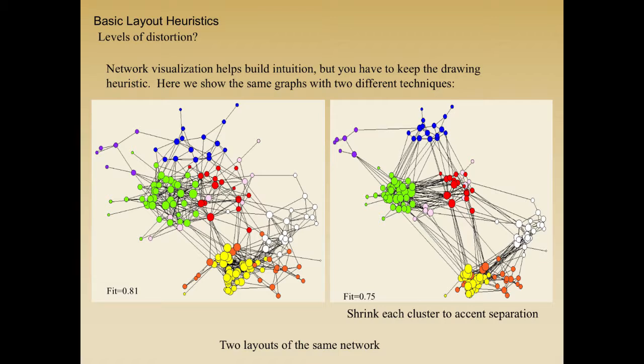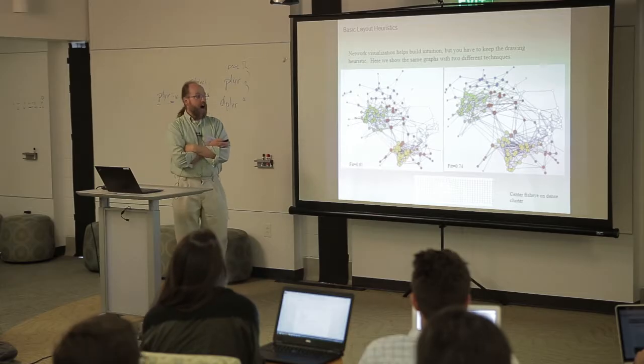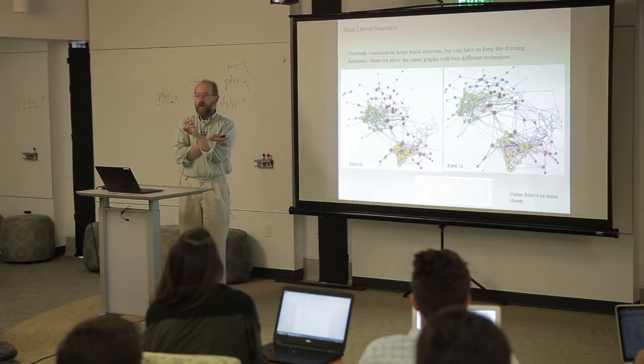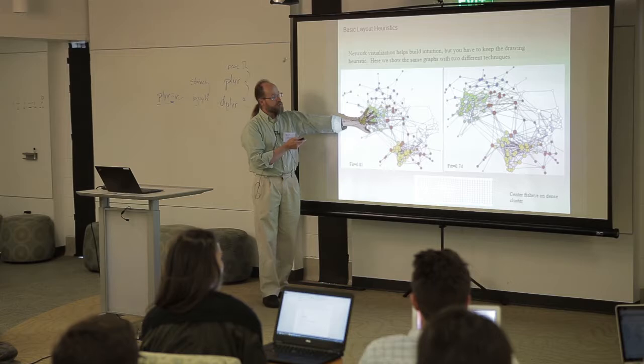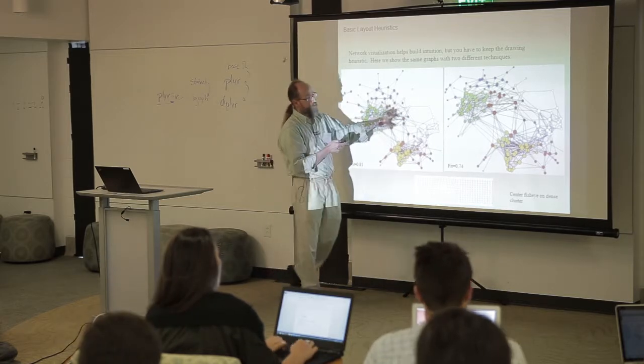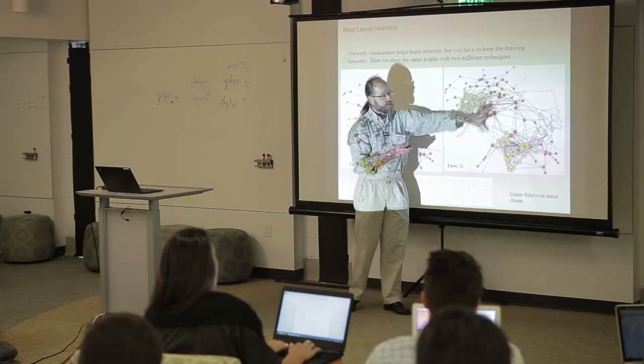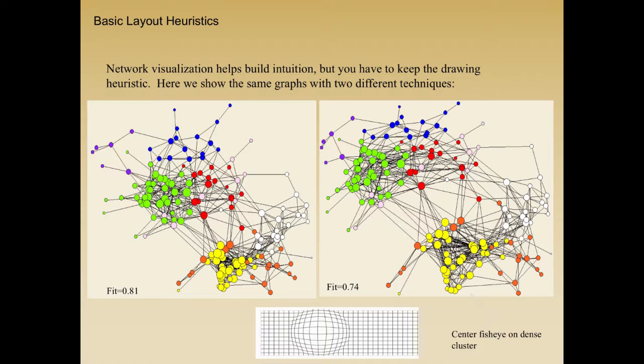When you have these really dense knots, you can often go in and blow it up a little bit. This is known as a fisheye distribution. So here's the original space-based set. I want to go into the middle of this and open this up a little bit. And I can do that by literally taking the space and putting the fisheye lens over one part or the other.